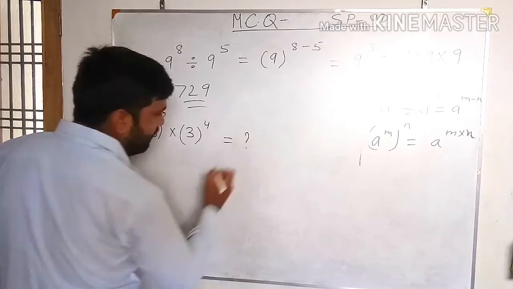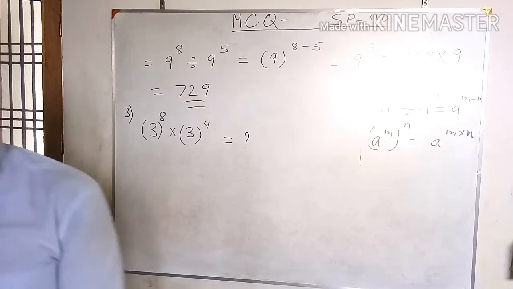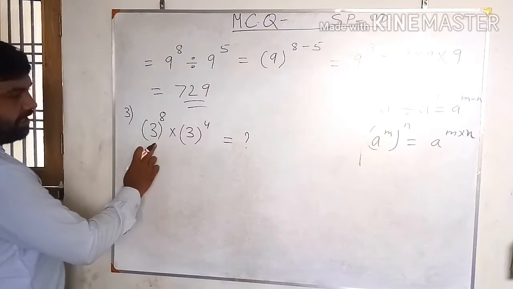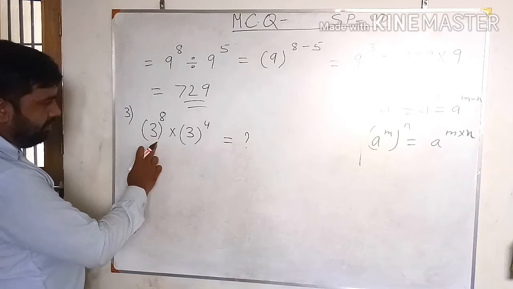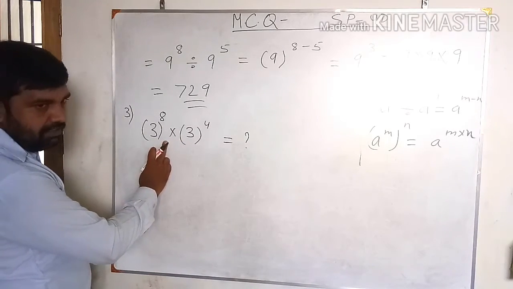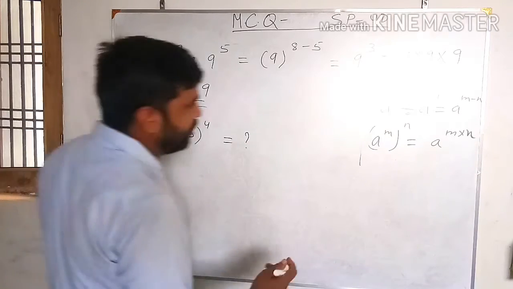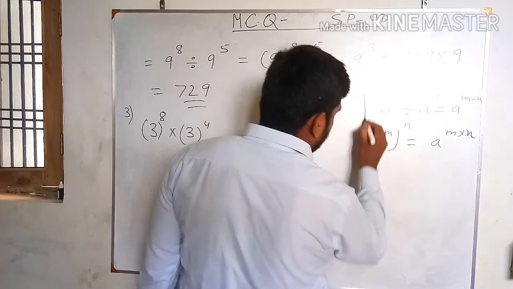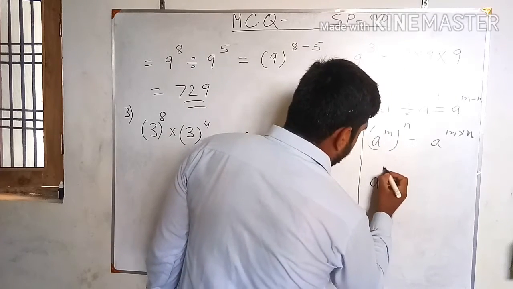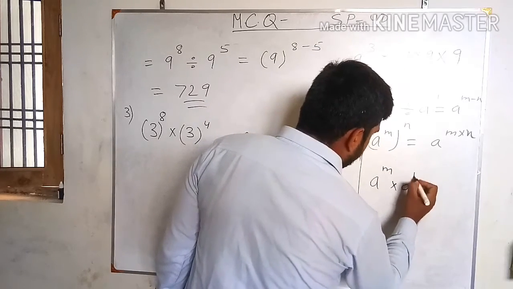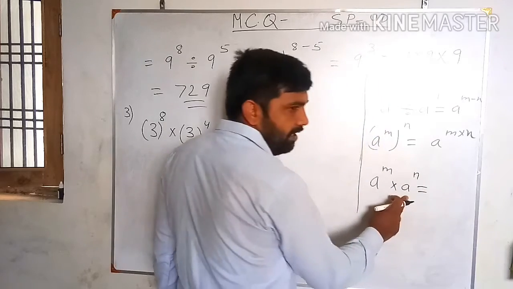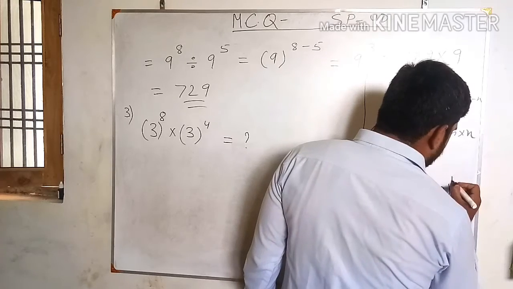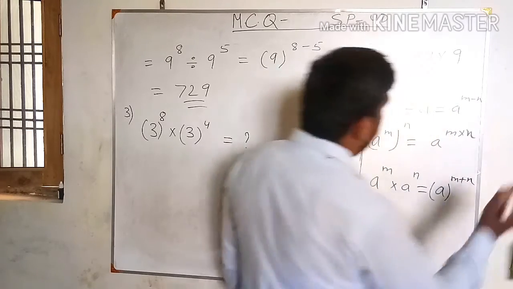Here also we have to evaluate this exponential expression. So again here the bases are the same and both the exponents are multiplied with each other. So we apply the product law. What is the product law? You can see here the product law. a to the power m multiply a to the power n means when bases are the same and they are multiplied with each other, take the base common and add the powers, that is m plus n.